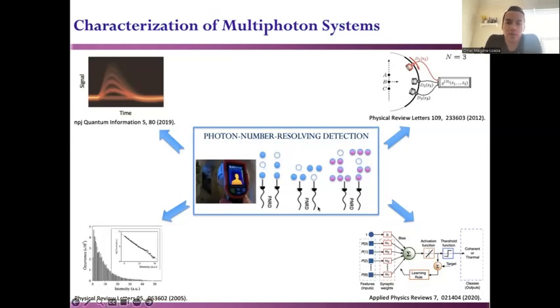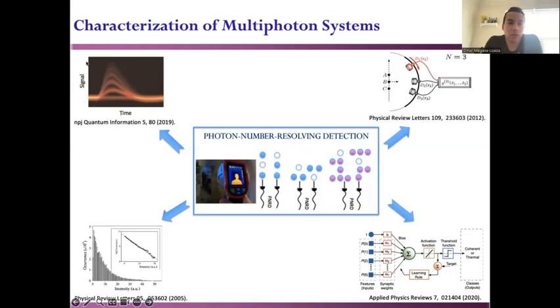Most of the time, people use click detectors, and these detectors produce a click when you illuminate them with 1 photon, with 2 photons, with 3 photons. It doesn't matter the number of photons, you always get a click. So in practice, you don't know the number of photons that you detected, you just know that you detected something. But you can use photon number resolving detectors and say, well, now I have 1 photon or 2 photons or 3 photons or nothing. And so here I show a trace from a photon number resolving detector.